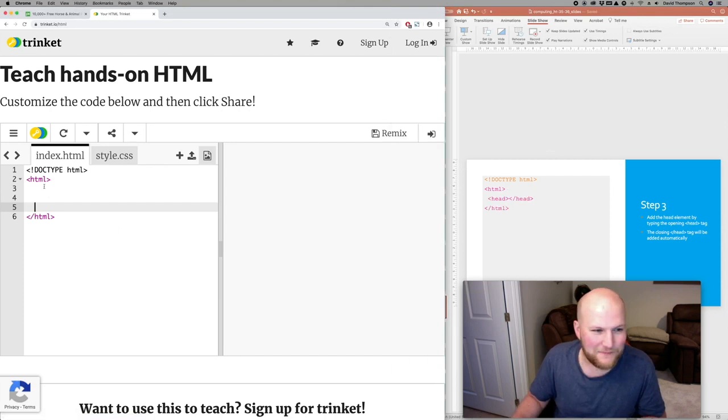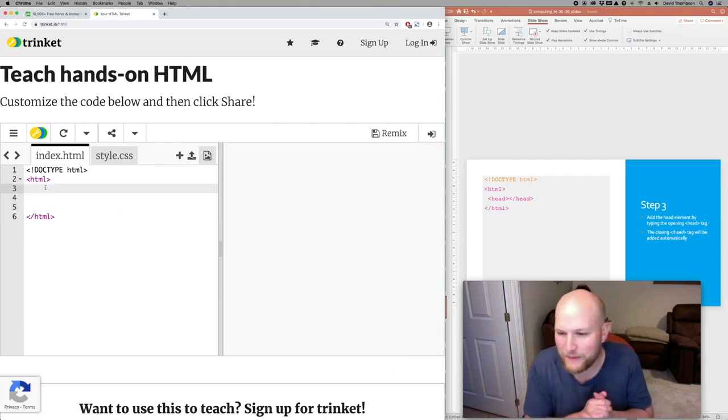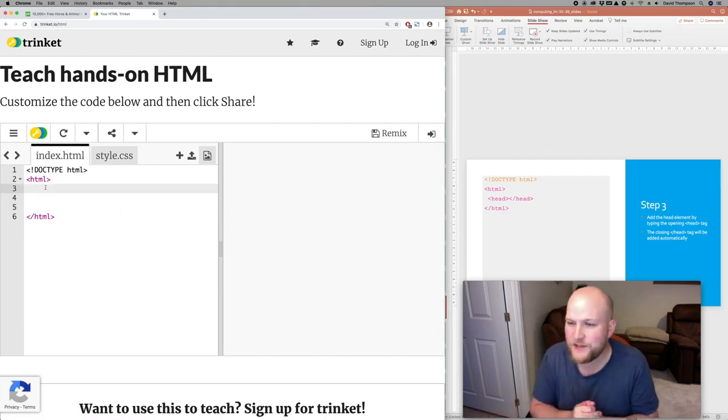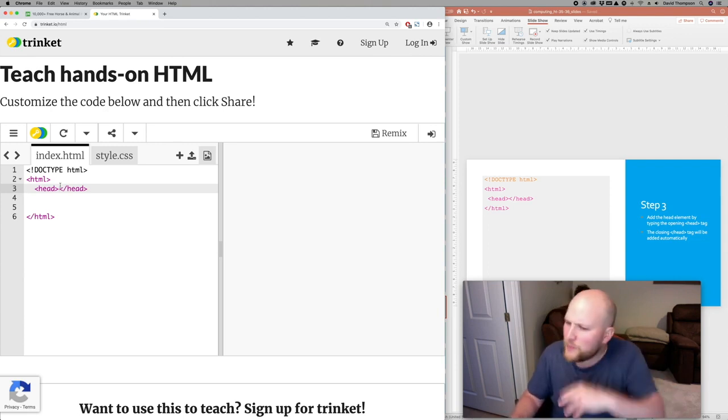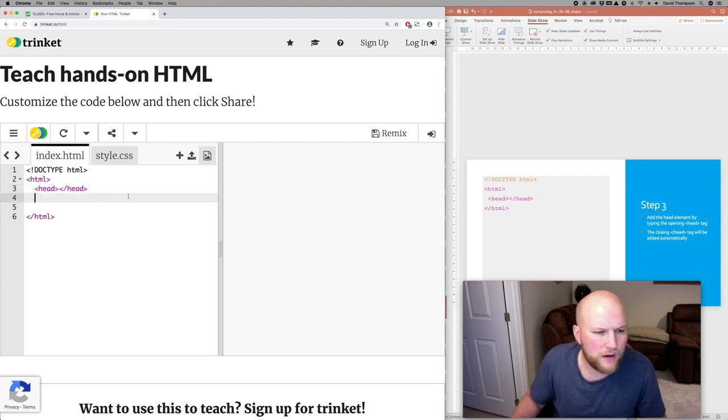Step 3. We're going to add that second element that I talked about, the head element, by typing the opening head tag. So again, I'm going to do my less than sign, head, close it, and again it automatically creates that closing tag. We're going to leave that for today. We'll probably look at that either next week or the week after, and I'm just going to click on the next line,